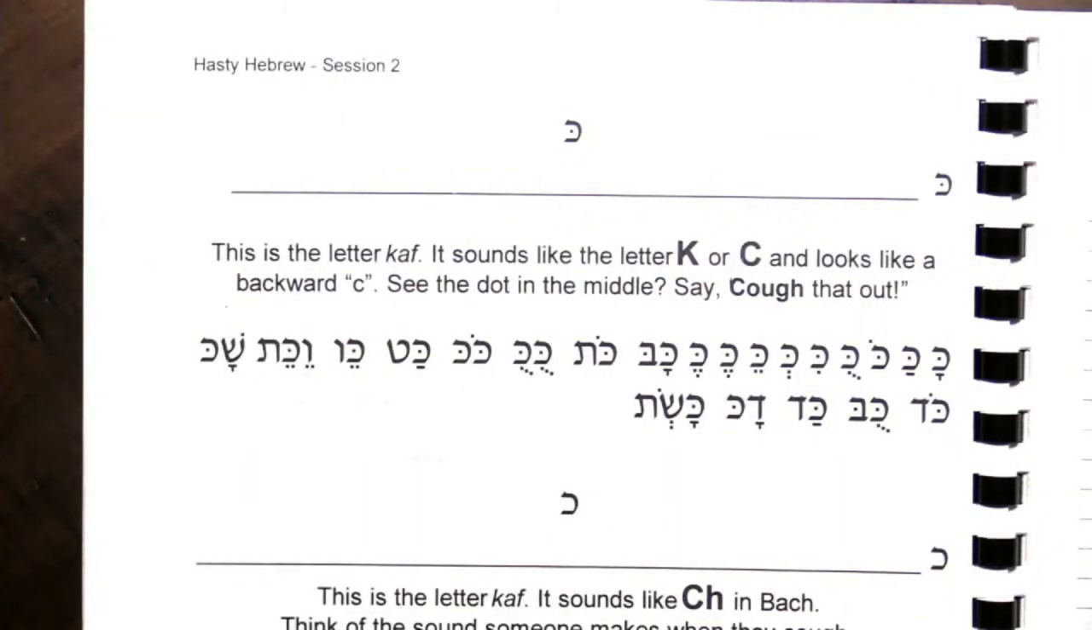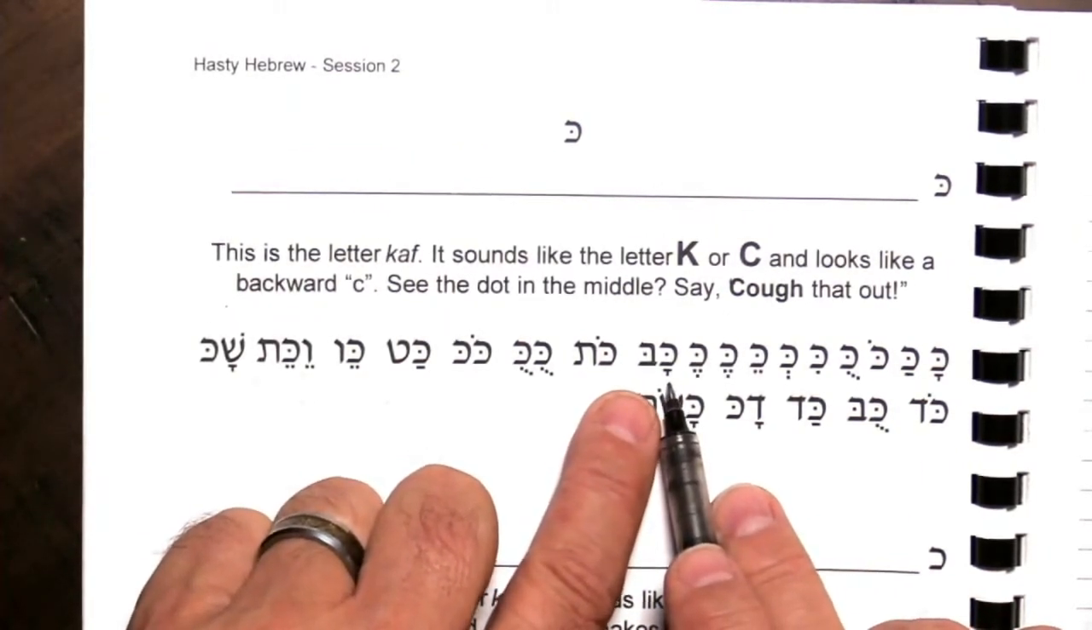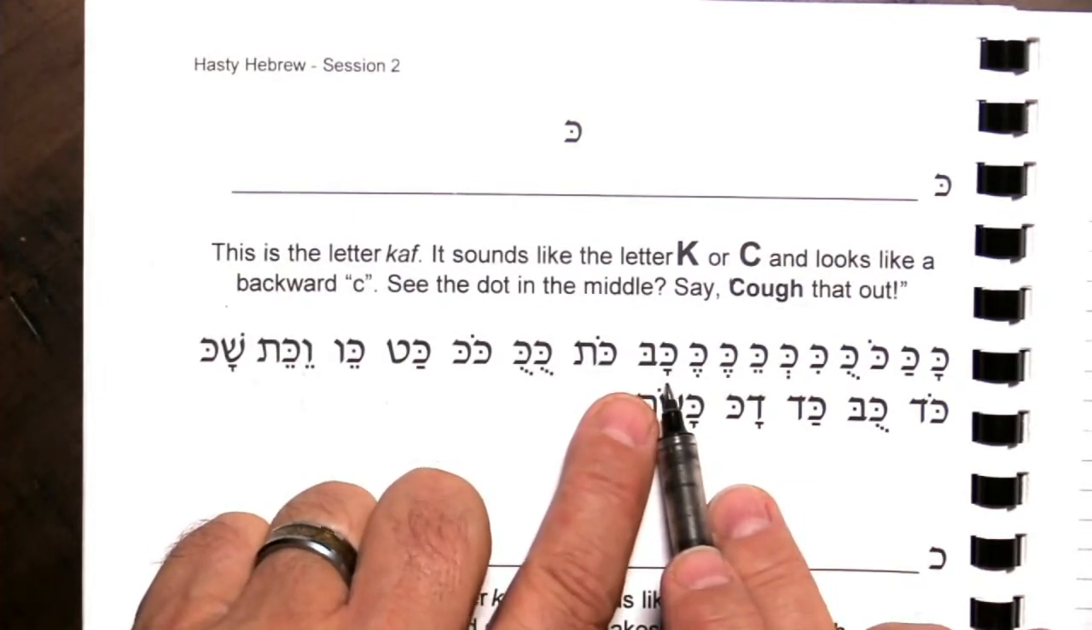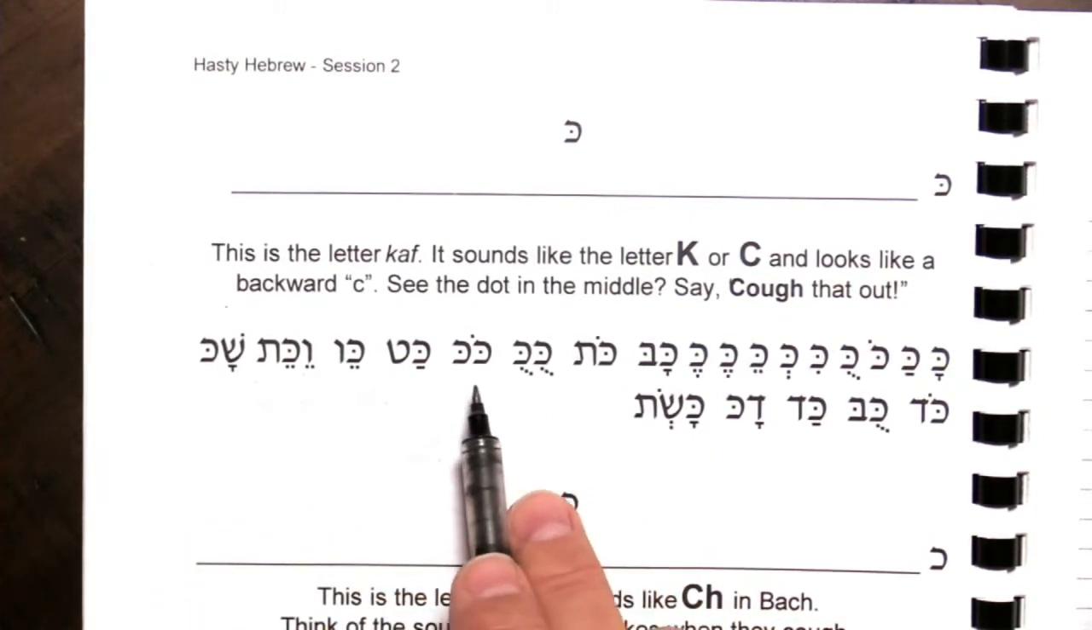Okay, let's see how you did. We'll pick it up right here. Cob, like corn on the cob, not cab. There's no ah sound. This is an ah sound, cob. Coat, cuckoo, coke,